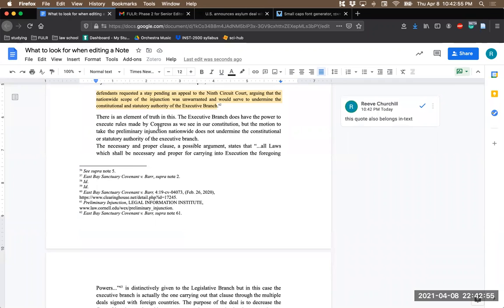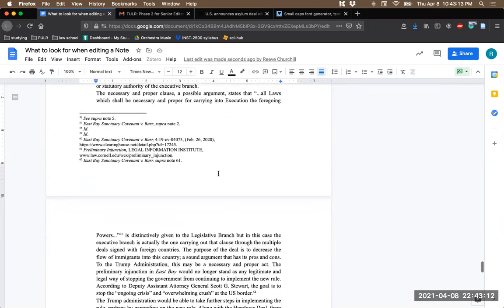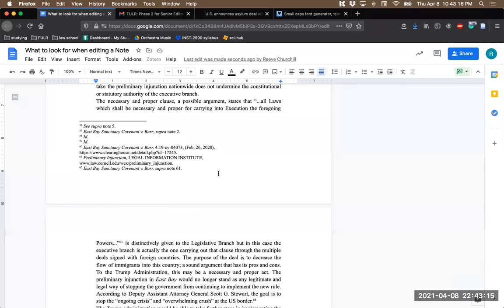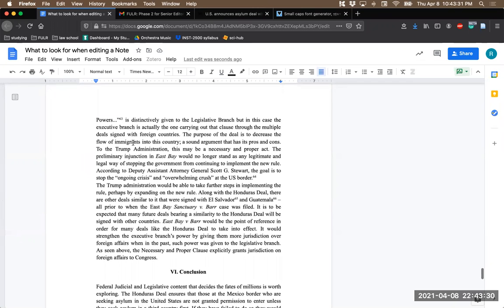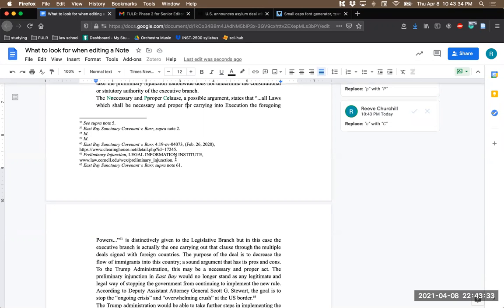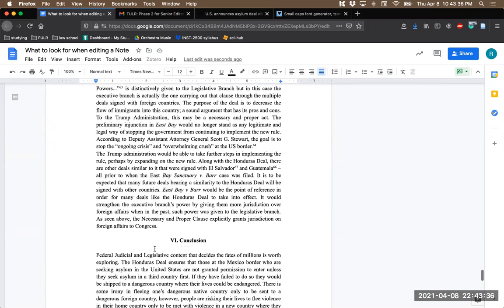At this point too, if I were actually reading through this, I would probably be providing a lot of single word suggestions, just to make the note more specific, make the note flow better, have a better read to it. A lot of times I'll read the note out loud actually. And anytime I feel myself sort of tripping up on a sentence, I'll go through and suggest some edits in this. Something that I'm even noticing now is that this should be capitalized because it's referring to the necessary and proper clause, which is legislation passed by Congress. And since it's a specific legislation, it should be capitalized. And going through too,